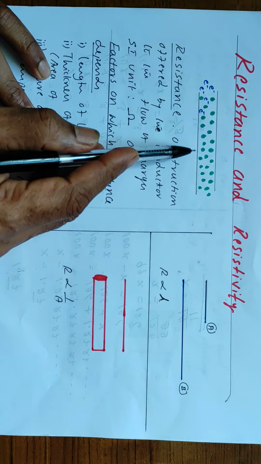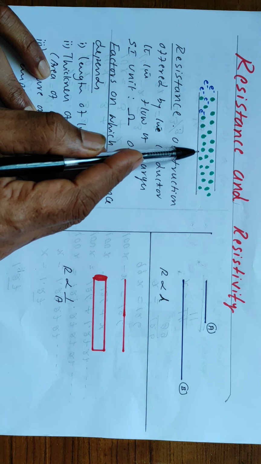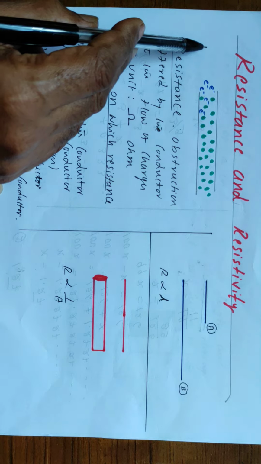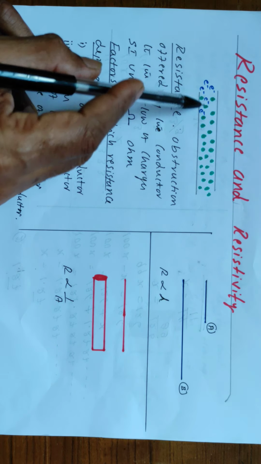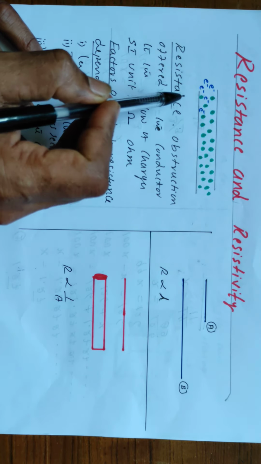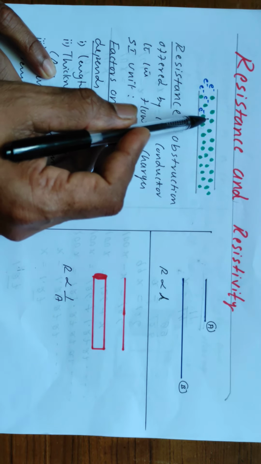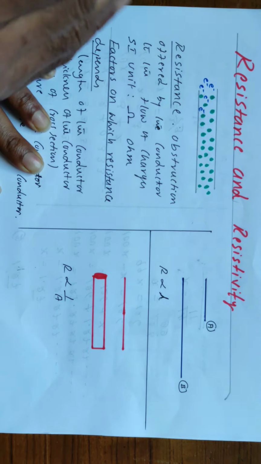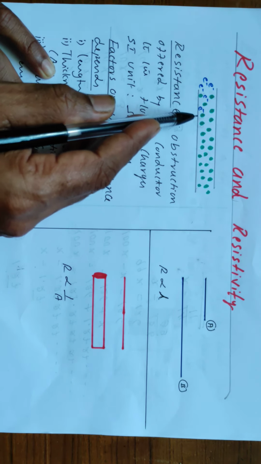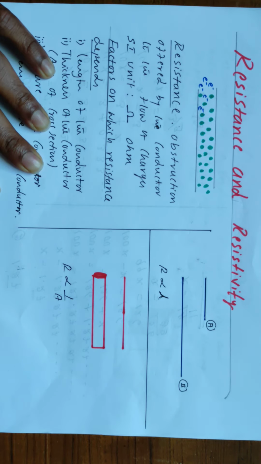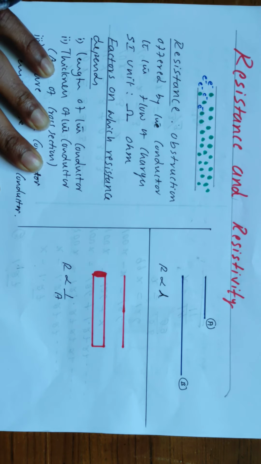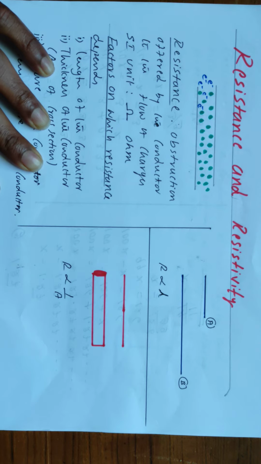You know that a conductor is made of atoms, and the atoms are in the state of vibration. They are densely packed also. Electric current means flow of charges. So electrons cannot move easily among the atoms. They start colliding with the atoms. Hence, their motion is restricted, obstructed, or their speed is reduced. This obstruction offered by the conductor to the flow of charges is called resistance of the conductor.